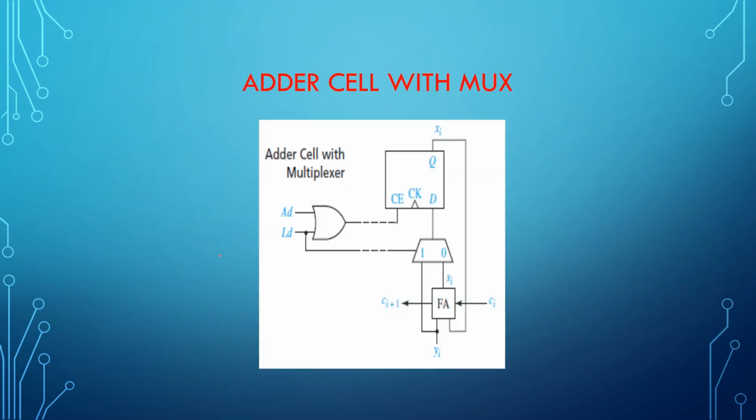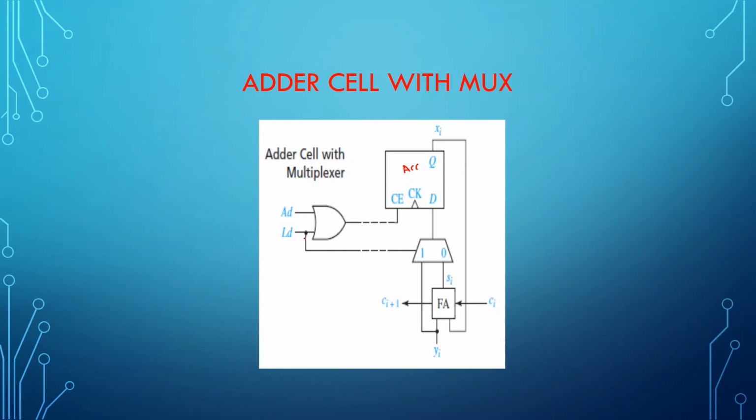As a change with respect to the circuit, you can see here, I told you, right? This is your accumulator. This is your adder, a single cell. So this is where you are going to store the first number, and this is where you are going to store the second number, right? As I said, you can be adding the first number to the accumulator using the multiplexer. So you can see a multiplexer that is connected here. This is a 2:1 multiplexer, but my signals here have been changed, and you can see the change in the complexity of the circuit. The complexity of the circuit has entirely changed. You can see an OR gate here and a multiplexer which is connected here.